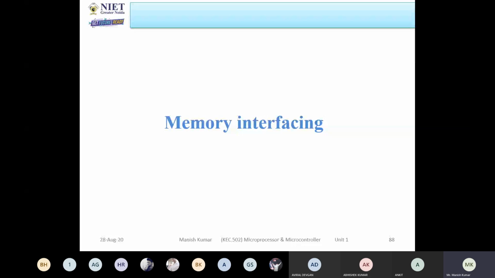Okay, so for that purpose you have to know the basic knowledge about the memory. For interfacing memory we require something. Let us consider memory is there, processor is there, in between some lines are there, wires are there. So you have to find out how many pins are there in the memory, how many address lines are there. With the help of address lines you can connect the memory with the processor. So the first task is you have to find the address lines of any given memory, then you are able to use it.